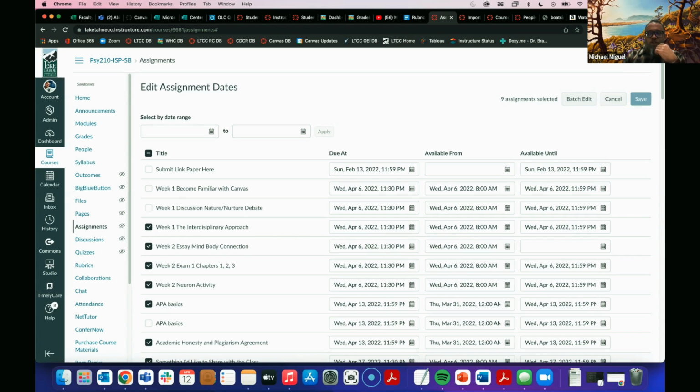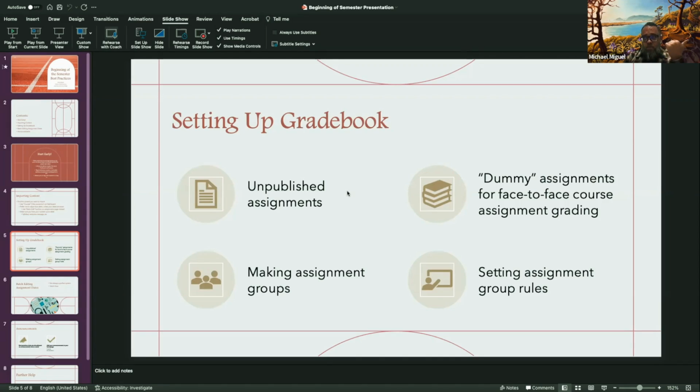So that was how to adjust dates. And I had spoken about making sure you have your content up to date as far as syllabi, welcome messages, things like that. We don't really need to physically go over that in this situation. So we will move on to setting up your gradebook. We're going to go over unpublished assignments and how to get rid of those out of your gradebook. A lot of people do just transfer all their content in and publish specific things, maybe not wanting to run a specific assignment, but those all populate in the gradebook. So there's a really easy way to get rid of those so you don't see them.